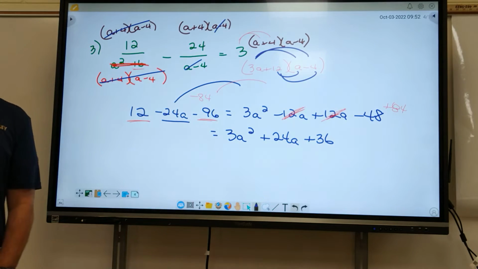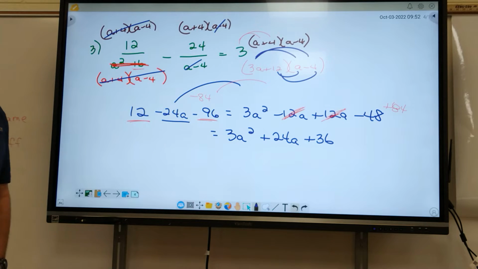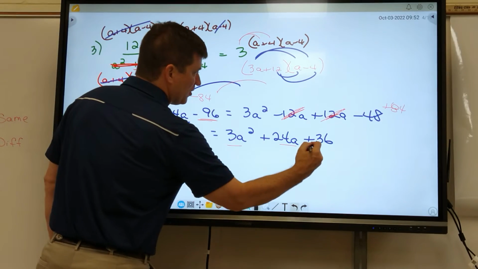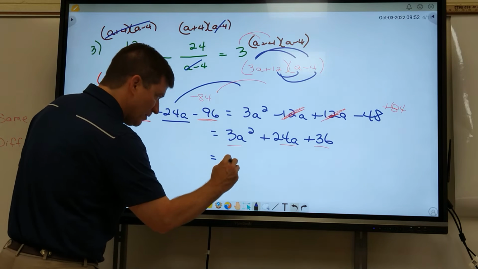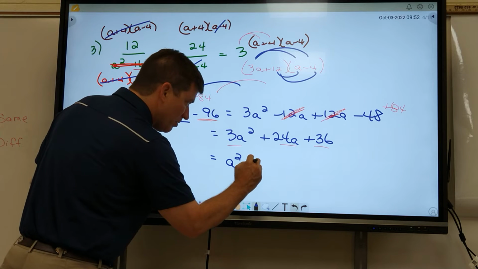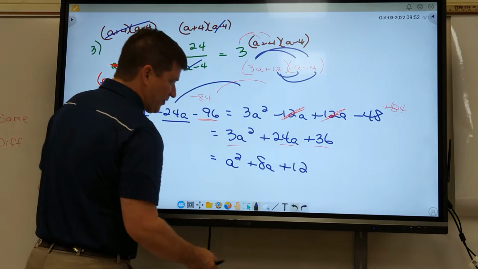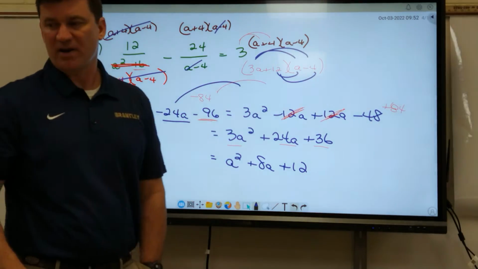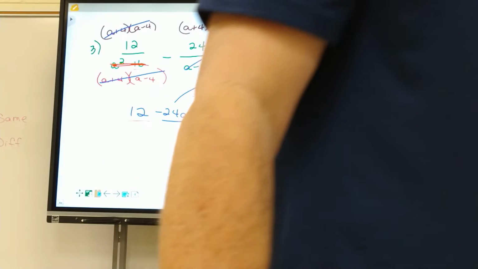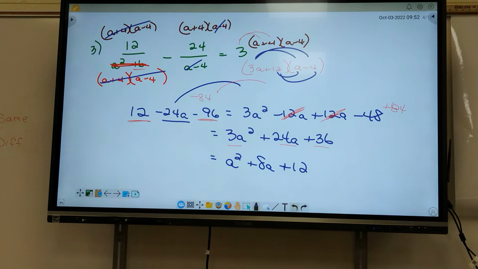Or what was the shortcut I showed y'all about a month ago? Yeah, if you want to divide them all by 3, you can. You don't have to. That would give you a squared plus 8a plus 12. It makes it easier, I think, but you don't have to. Do quadratic formula with that, and we're done with that one. So that one's definitely the hardest one on the front. I'm going to really try not to put one of those on the midterm that